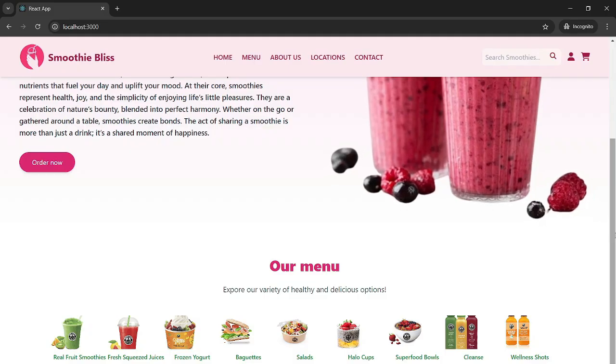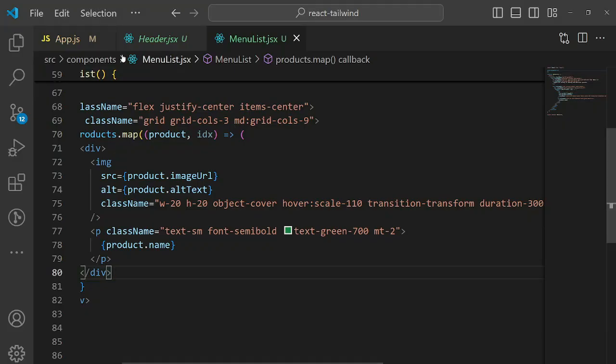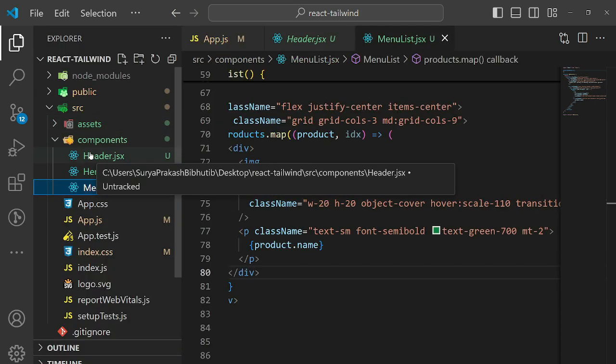So our menu items also completed. Okay, so let's target our next section. So the next section is about us. Okay, so let's go to the Visual Studio Code editor again and open this window, and inside this component I